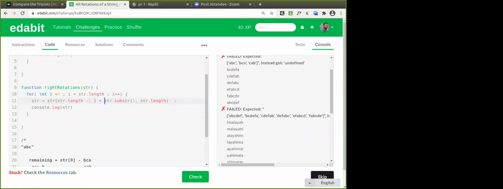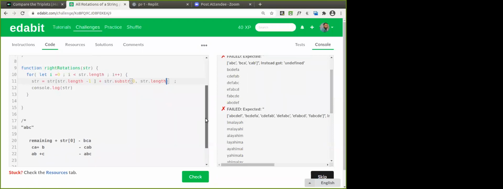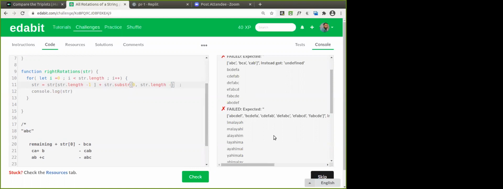You have to start from 0 and go up to length minus 1, isn't it? str of string length minus 1 or 2 here. So what should be the value here? str length of 1 or 2? Yes, remaining plus last element.